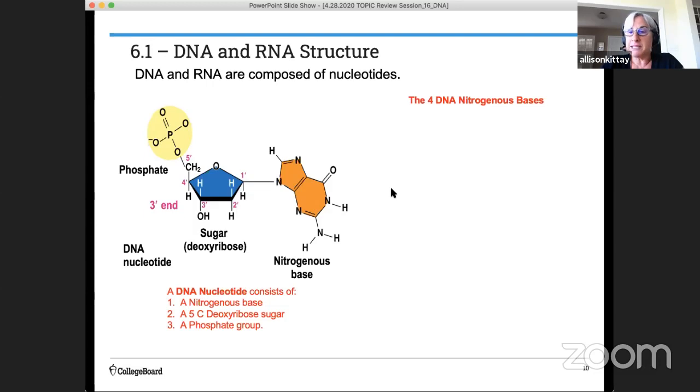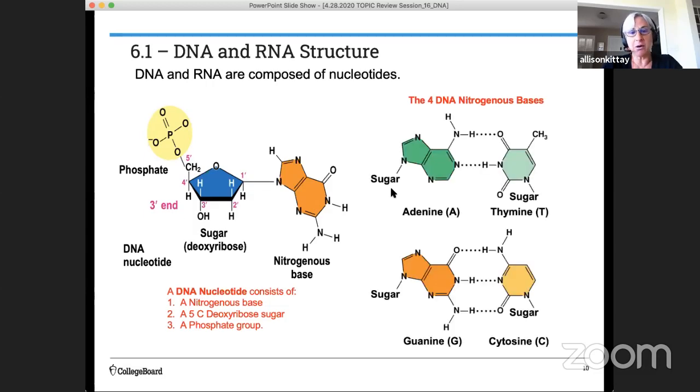Okay, so the 4 DNA nitrogenous bases are adenine and thymine and guanine and cytosine. I'll talk a little bit more about them in a minute, but in this image, I'd like you to notice that the nitrogenous bases are held together by hydrogen bonds. And in the adenine-thymine pairing, there are 2 hydrogen bonds, and in the guanine-cytosine pairing, there are 3 hydrogen bonds